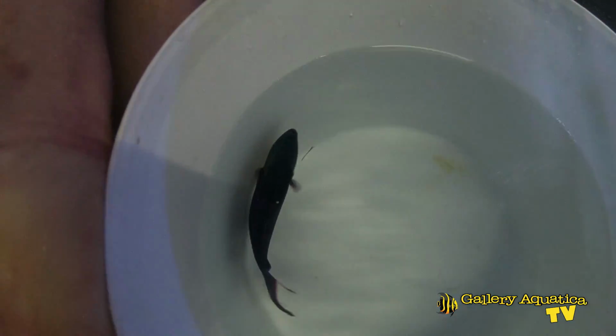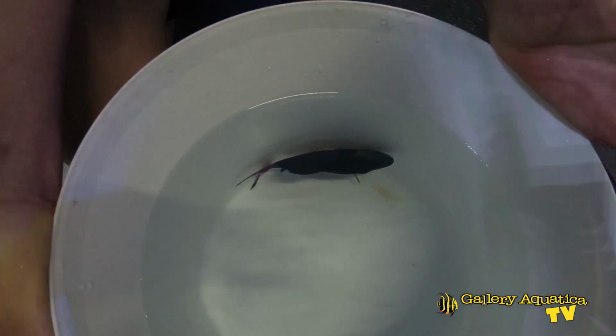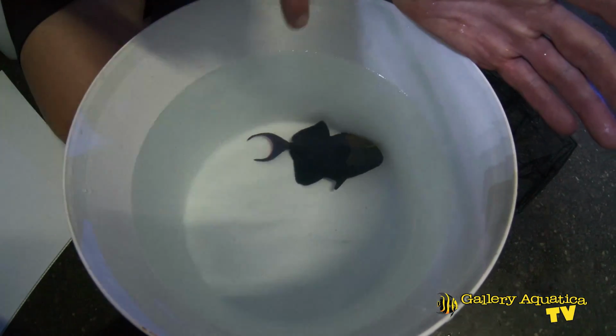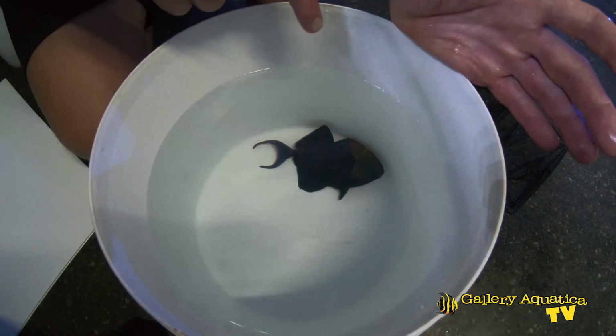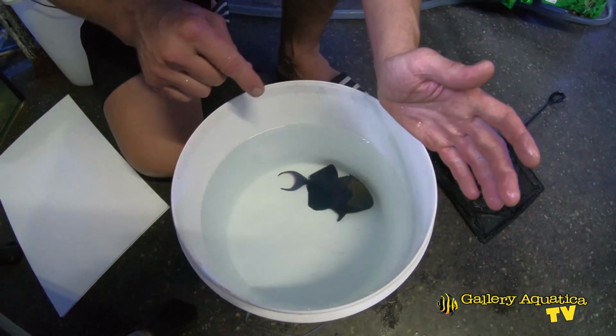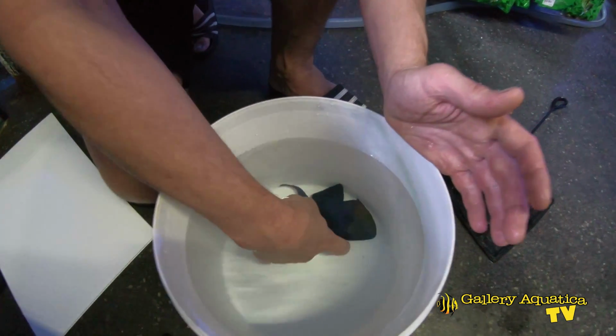So what I'm doing now, I'm going to give him probably between 30 seconds to a minute, minute and a half sort of thing, keeping an eye on his condition. This is quite normal for triggerfish. They'll often lay on their side. Whilst he's certainly stressing, this doesn't worry me in particular, but I'm also looking to see for the